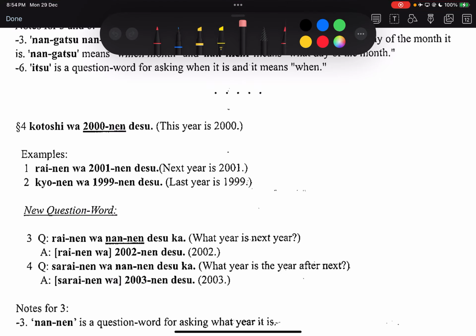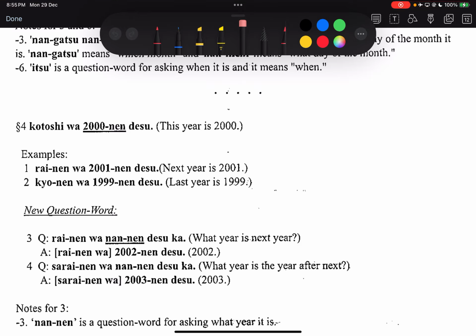Okay, example 1. 来年は2001年です。Right? 2001 year です。Number 2. 去年は1999. Remember how to count? So 1999 is sen. I don't say ichi-sen, right? I just say sen because sen is already 1000. Sen 900 is 900, right? 99. 1999年です。